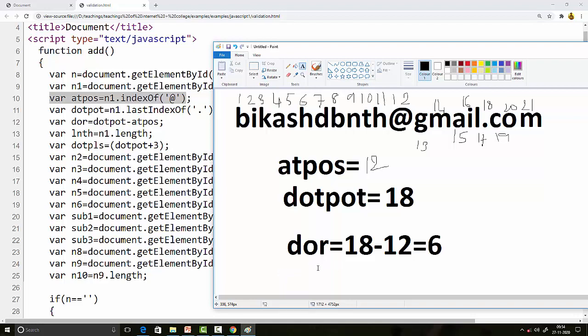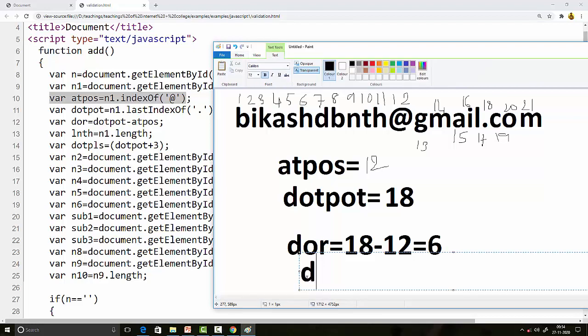Then we have a dot plus. We are seeing from here how the calculation is given and how we are checking. Dot plus is how much position it comes: dot pos plus 3. Dot pos is at 18, 18 plus 3 means 21.